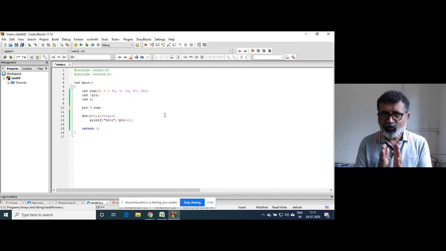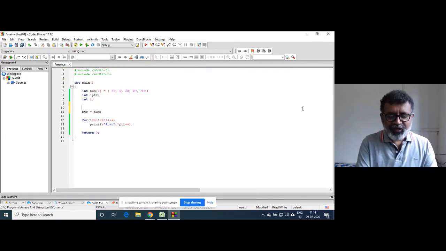I hope there is no confusion, please. So internally num is an integer pointer which contains the address of the first element of an array. This is done by the compiler, not by us, right? We have not written any statement like int star num is equal to ampersand num of 0.